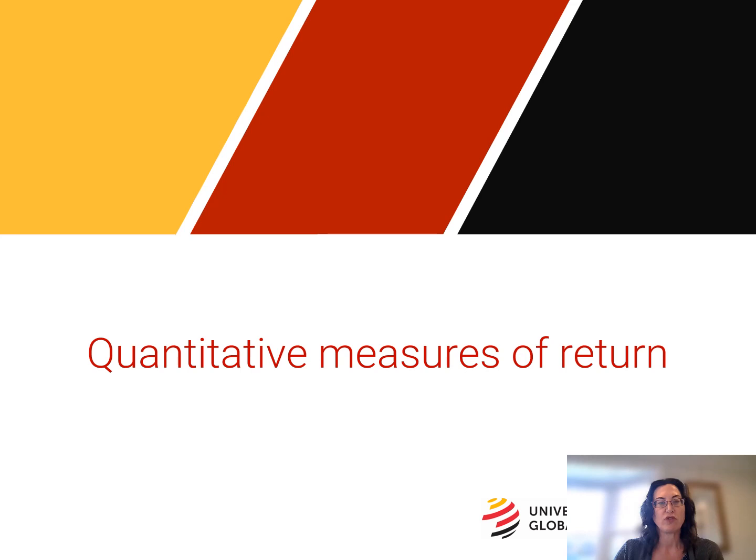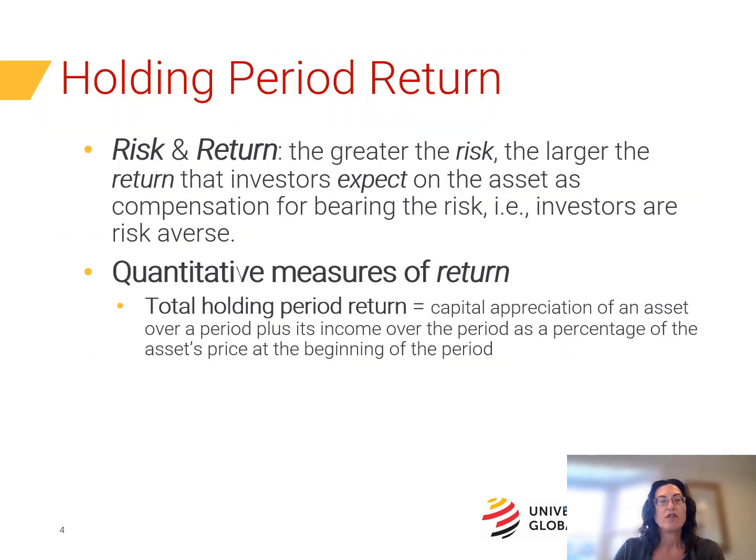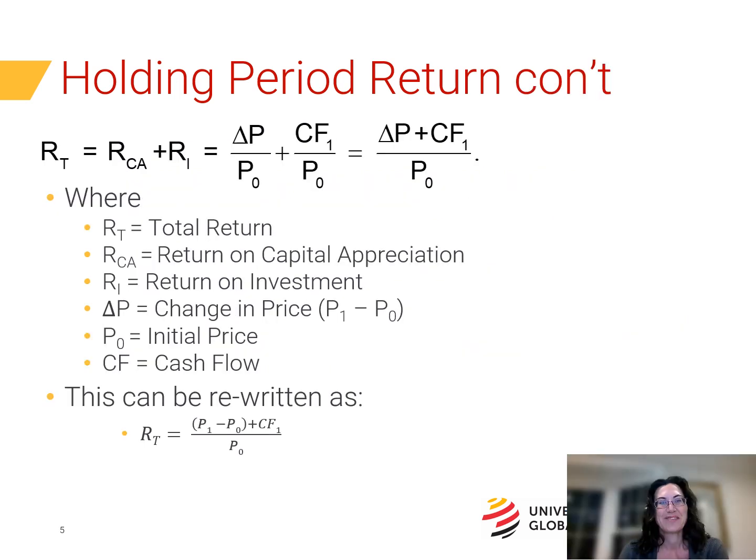But how do we measure those returns? The first measurement is the total holding period return. This is the return on an asset over a specific period of time or holding period. The holding period return consists of two components, capital appreciation and income. Capital appreciation is the change in price of the assets over the holding period. Income is what an investor receives from the assets while they own it. We can find the holding period return by adding the change in price plus the cash flow over the initial